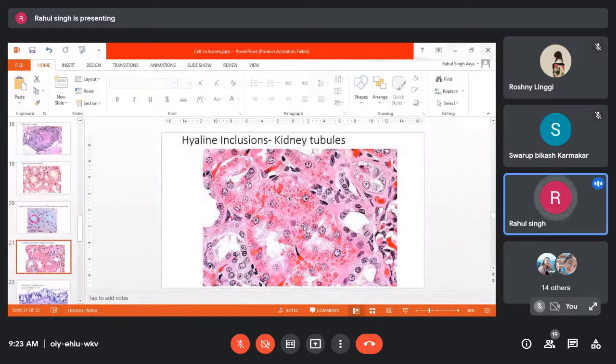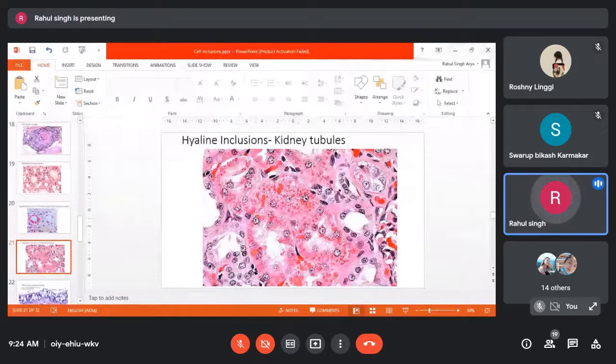You can see this is more clear. Now kidney itself is showing some degenerative changes, but please understand this point. The presence of protein inclusion and the degenerative change in the kidney are two separate things. Both of them are independent pathological changes. All right. In fact, these protein inclusions are not actually pathological change. They are the response of the body to retain as much protein as possible without their loss in the urine.